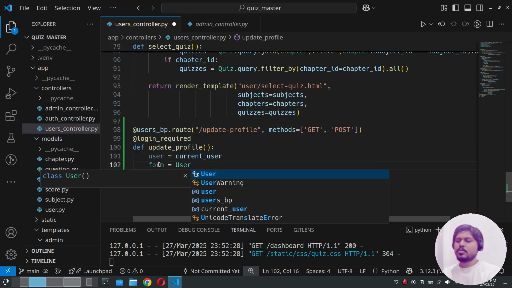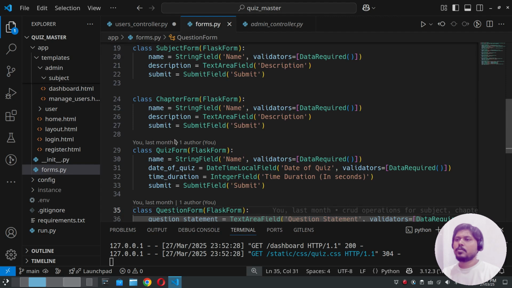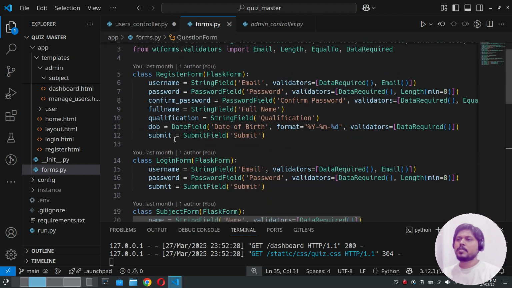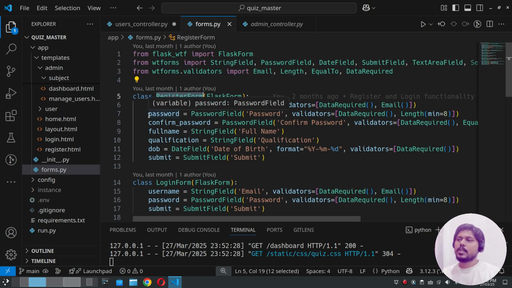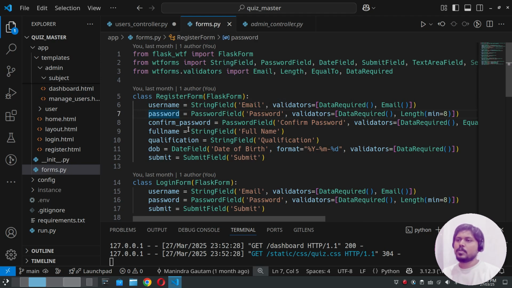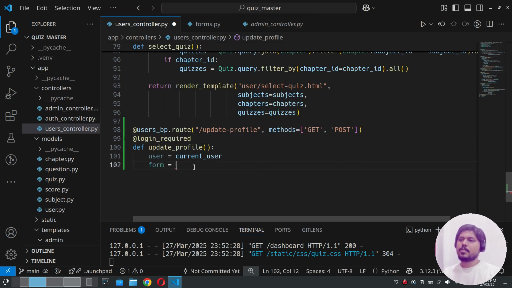We have the user form already, I guess. Open the forms.py: quiz, chapter, login, register form. So we can use, no, we cannot use this one, or we can use this one because the user can also update their password too. So full name, qualification, DOB, and submit. The same form we can use for updating user details. So the form will be register form,